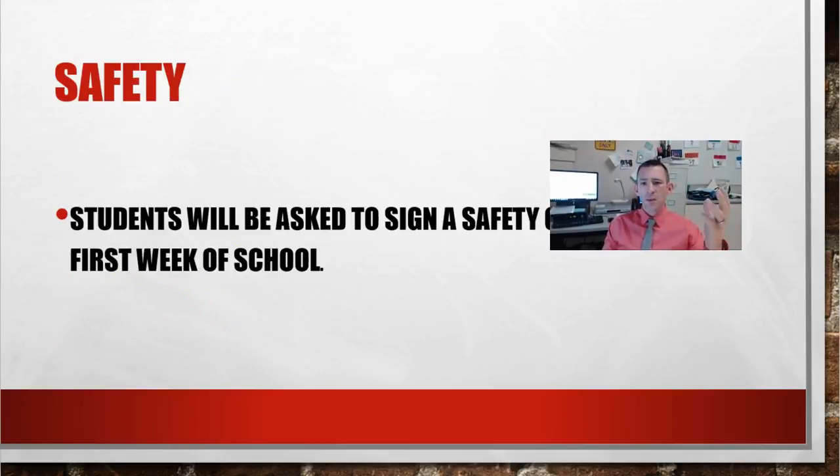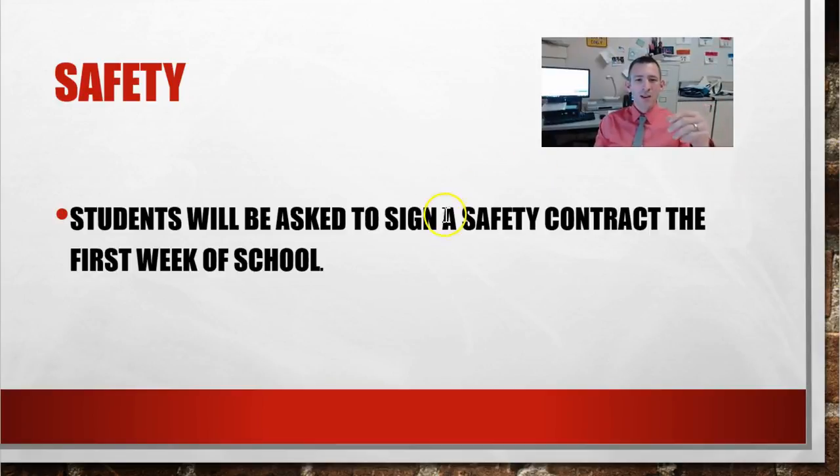There is a safety thing, and I'm going to send a contract home next week, or this week, I'm trying probably next week, depending. Basically, you just need to sign it and send it back. Understand that we might be using hot glue guns. We will be cutting things. So you've got to use common sense when we're working with those things and be safe not just for yourself, but for the people around you. And if I don't have a contract back for you saying that you understand these things can harm you,